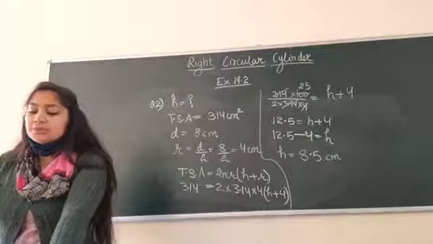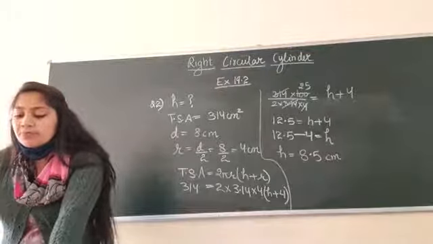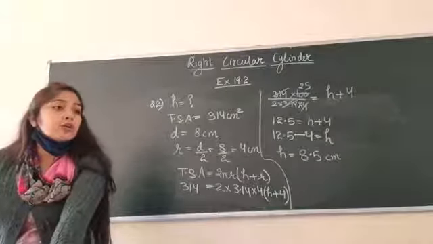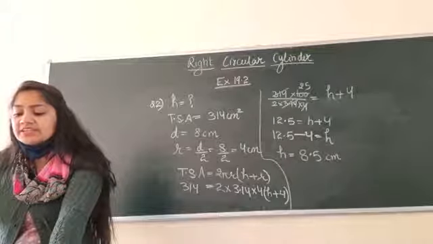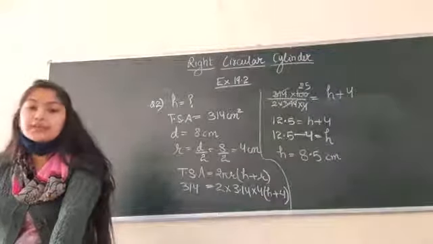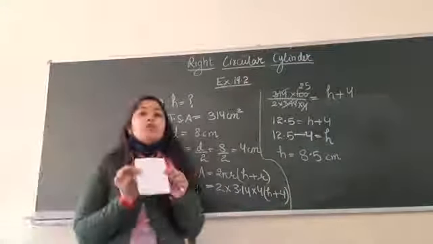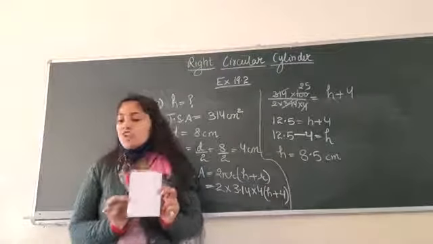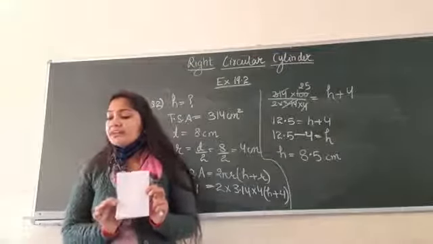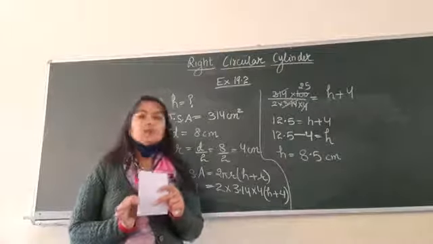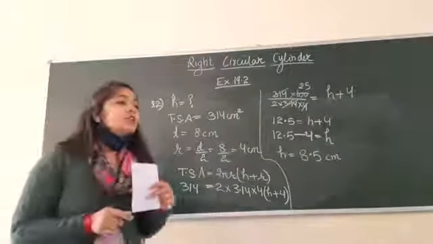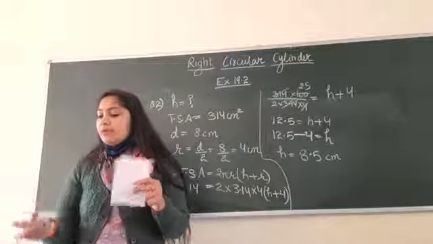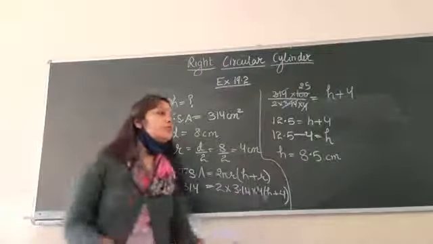So question number 3. A rectangular piece of paper. So you have a rectangular piece of paper of dimensions 20 centimeter into 14 centimeter. Like suppose this is your rectangular sheet of paper whose dimensions are given to be 20 centimeter into 14 centimeter. Suppose your book says 22 centimeter into 14. In my book it is 20. So okay, I'll go with your book.